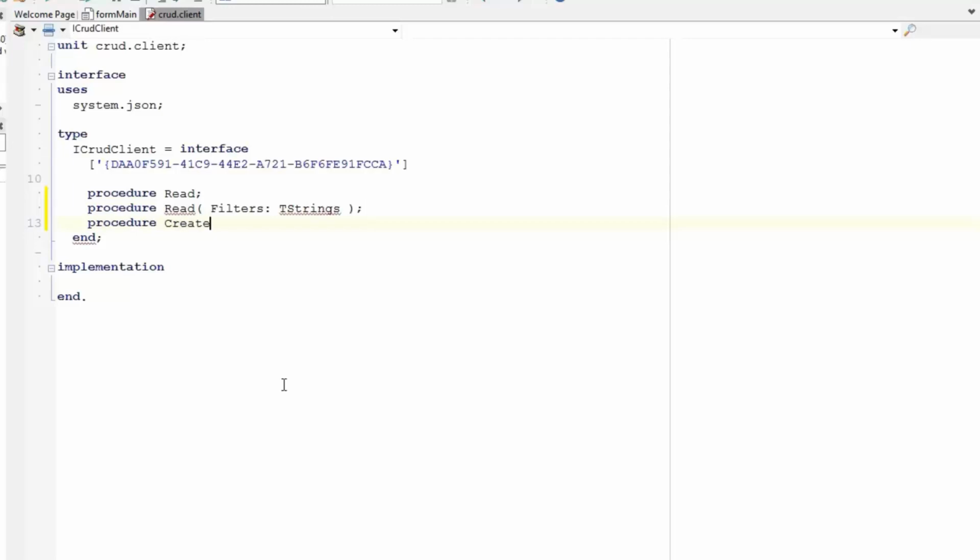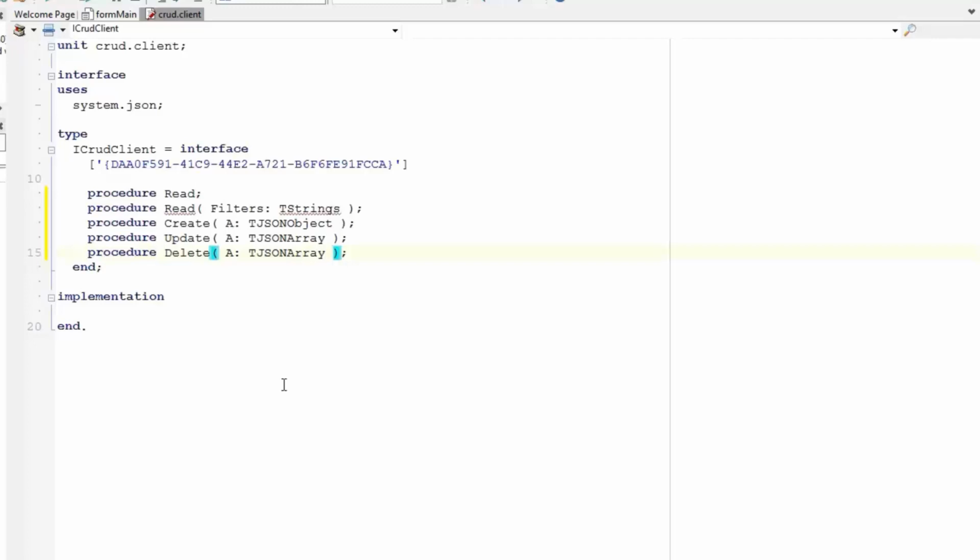create. Now the create method, we will have to put in some data, so I'm going to pass in an object, a TJSON object. Procedure update, and we'll pass in an array of objects to be updated, TJSON array. Actually, let's go ahead and do the same thing and pass in an array of objects for the create method. Okay, and then we'll have procedure delete, and again we're passing in an array of objects which are going to be deleted, JSON array, and of course I need to fix that little